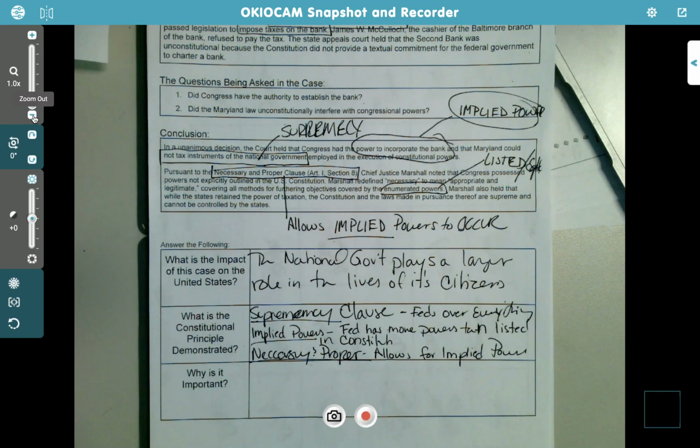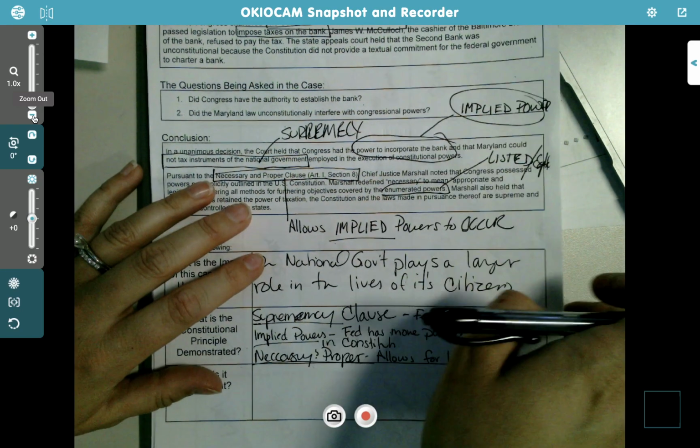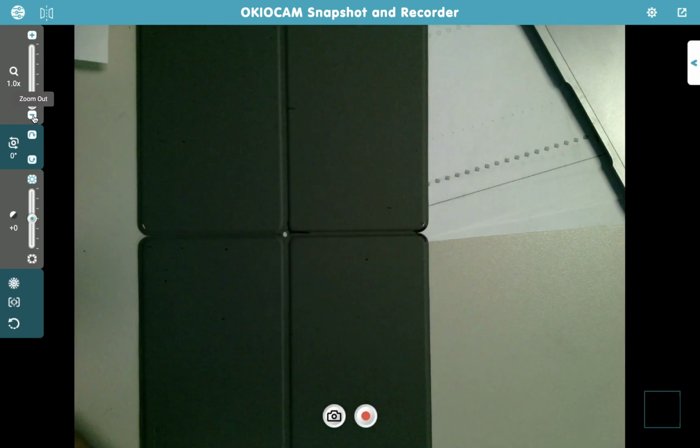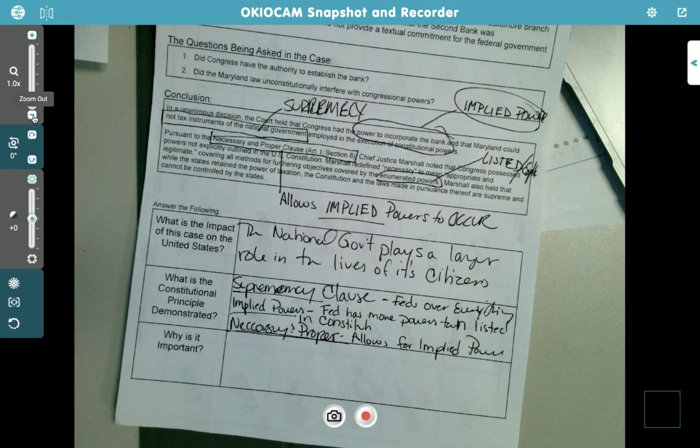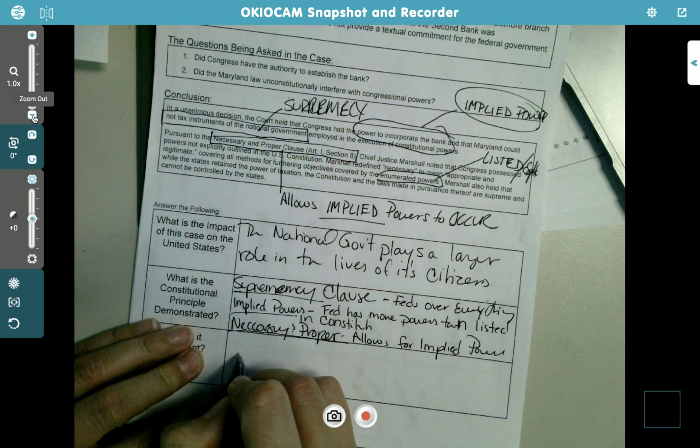Why is it important? Why do we think? What do we got, Ty? It establishes a bank. Okay, it does establish a bank, and that's nice, but big picture, what does it do? This is laying the groundwork for what, to expand its powers? The national government. So it establishes